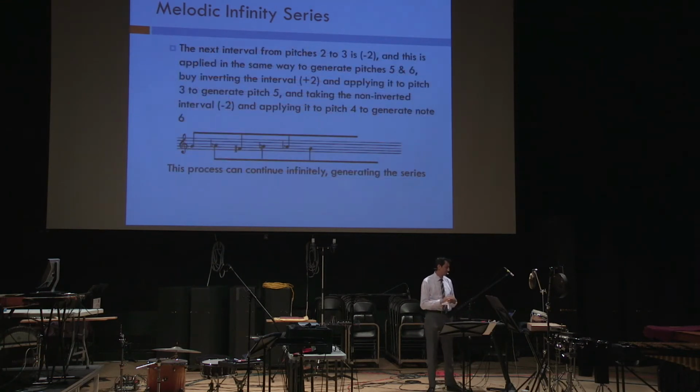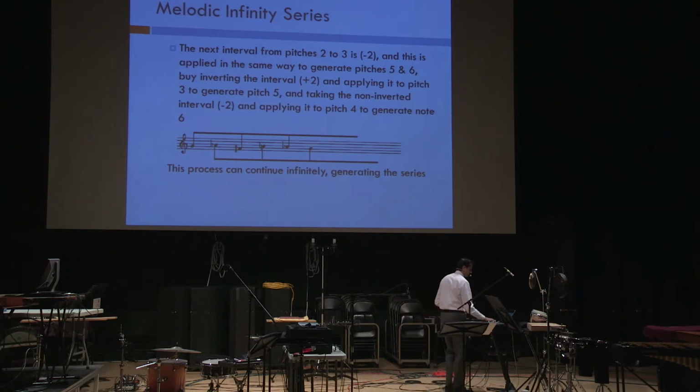So then, after we have 4 notes, we do this again by measuring the next interval from note 2 to 3, which is -2, it's going down 2 half steps. So we'll apply this the same way. We'll apply first the inverse, +2, and then we'll apply, as is, the interval, -2 to the next 2 notes. So that gives us then A flat and G. And so you can keep doing this and continue all the way through.